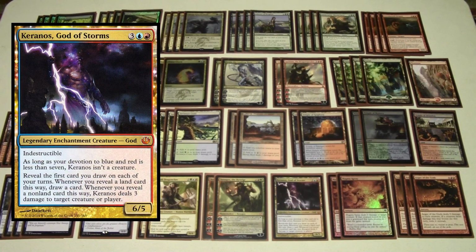We have one Keranos, God of Storms. So again, this is where we're siding it in to actually slow down our deck. It's another threat that we play against decks that have End Hostilities or have ways to get rid of our big value creatures. The Keranos is really awesome in situations where your opponent can get rid of everything except for